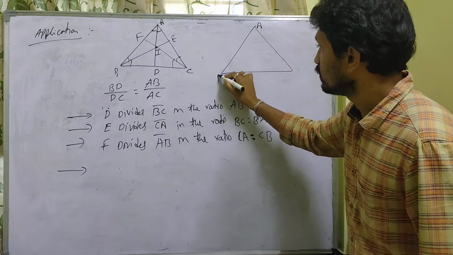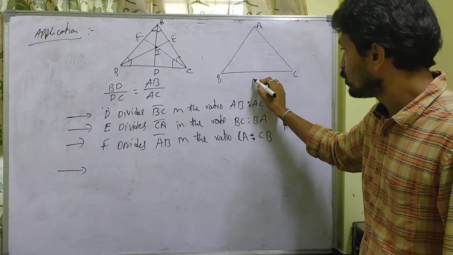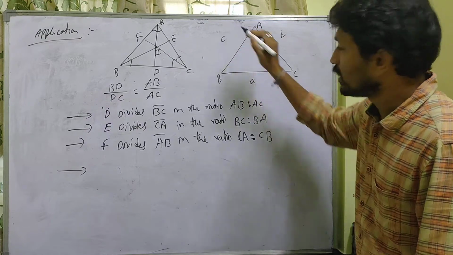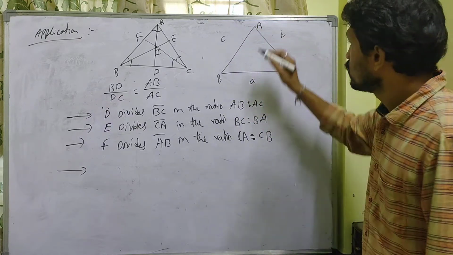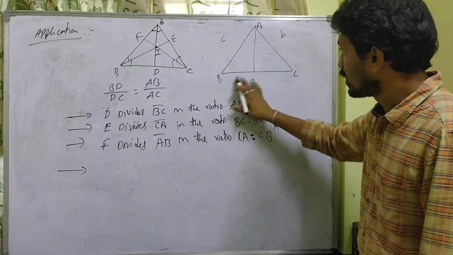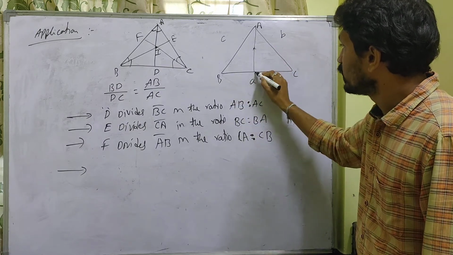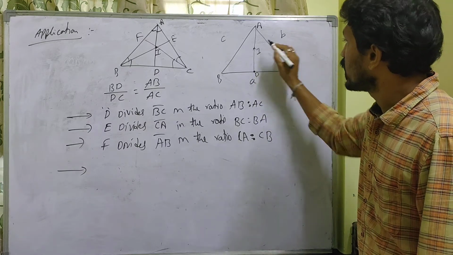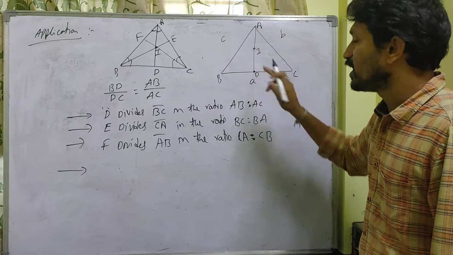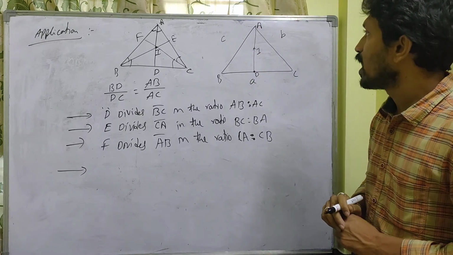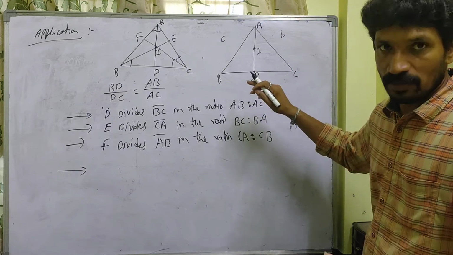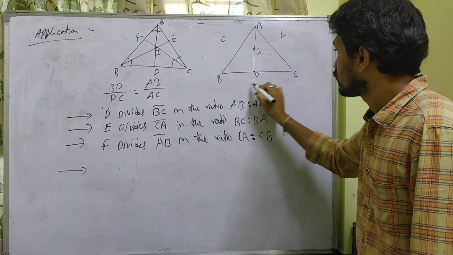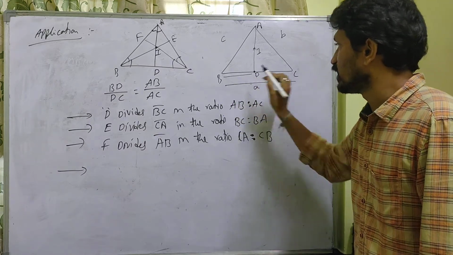triangle ABC. So the side opposite A is denoted with small a, the side opposite B is denoted with small b, the side opposite C is denoted with small c. Okay, so let me give clarity for AD. Let us take this is the point D. This is I, you understand. So I divides AD in the ratio what? AD in the ratio, actually, is b plus c is to a. I will prove that one. See here, this is A. This total length is a.